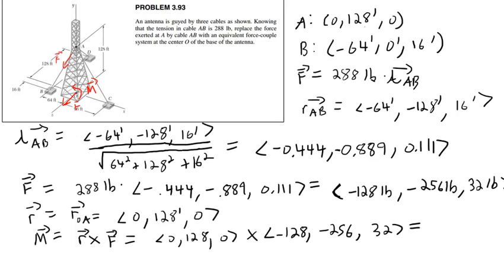And I get 4,096 pound-feet, comma 0, comma 16,384 pound-feet. So, my final answer would be the equivalent force couple system